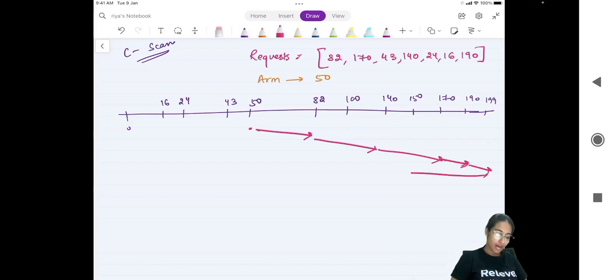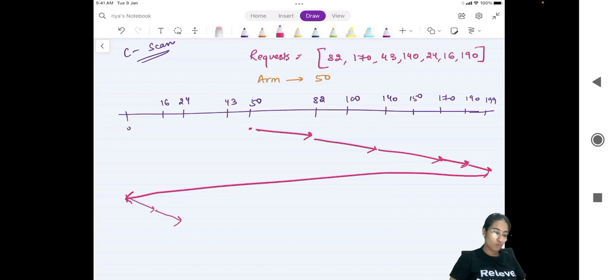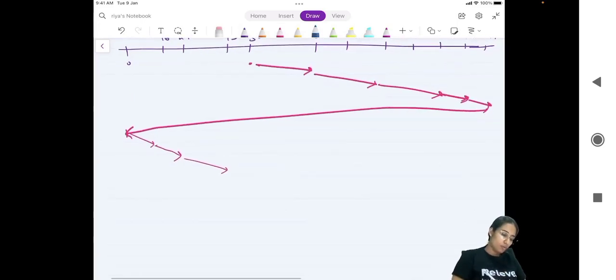Okay, and after that we will come all the way till here, and then we will process the request 16, we'll process the request 24, and then we'll process the request 43. Okay, so how will the total